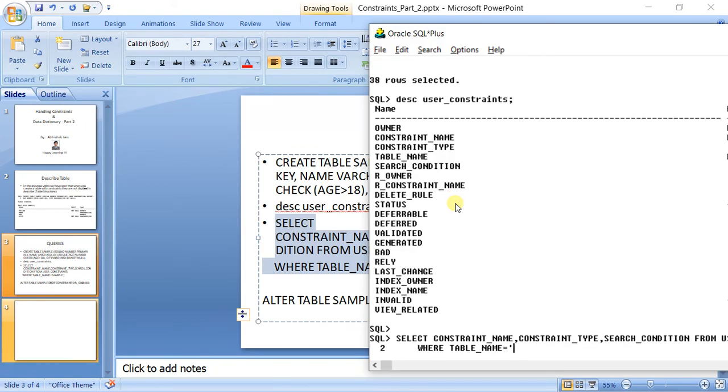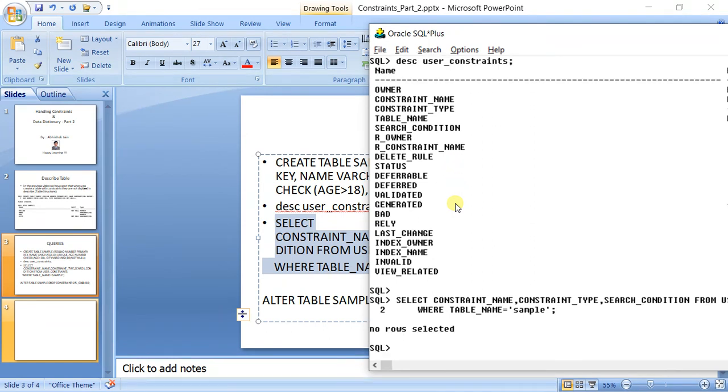Suppose you type sample in small letters, it will give you no rows selected. No rows selected means you have given small letters somewhere, so change it to capital.